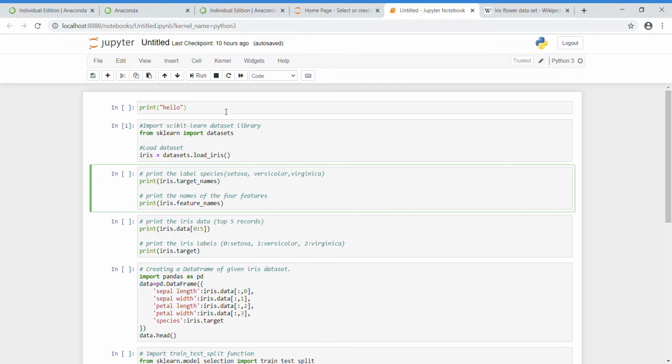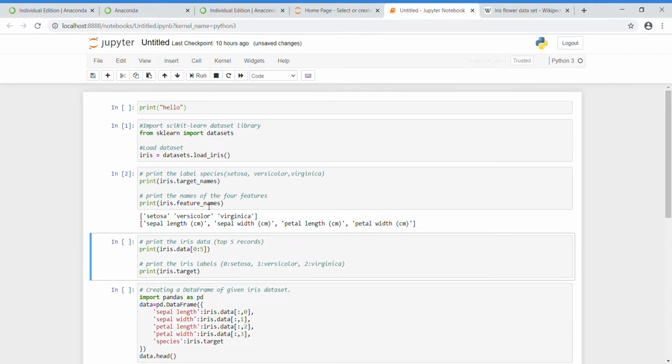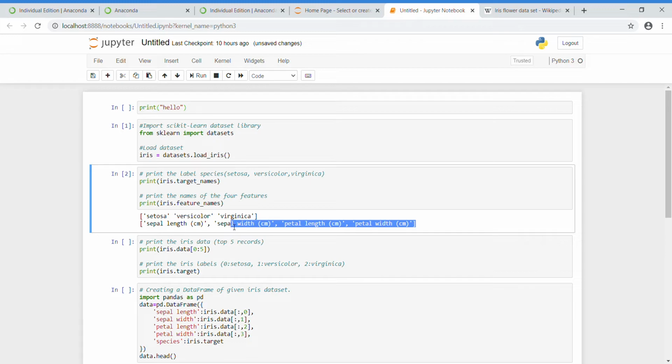If we run this, see here, setosa, versicolor, virginica, these are my three target names, meaning these are my dependent variables. And these are my independent variables or features. If you print iris.feature_names, it will give all my features.